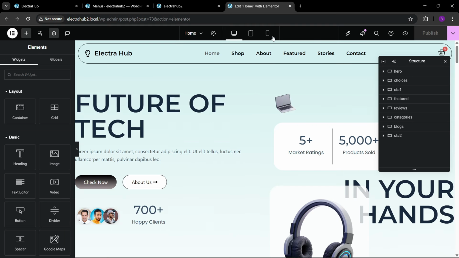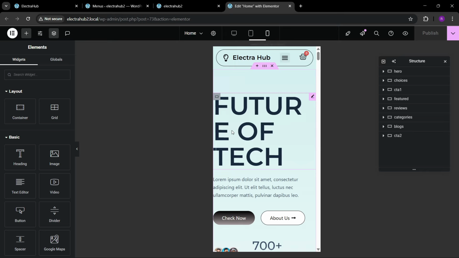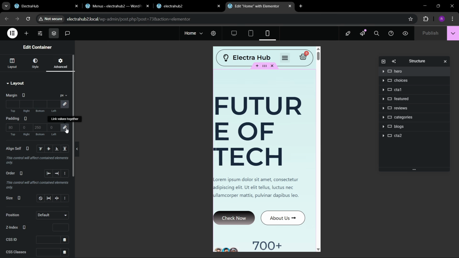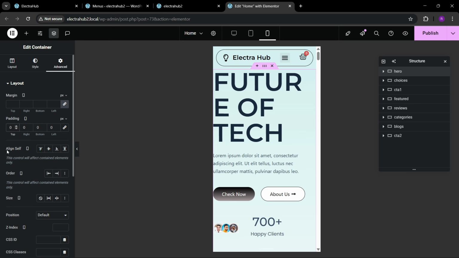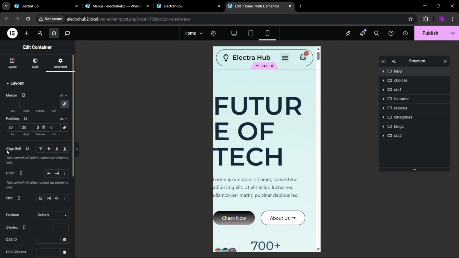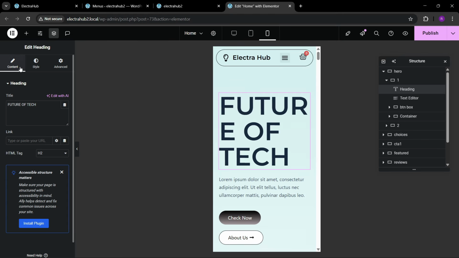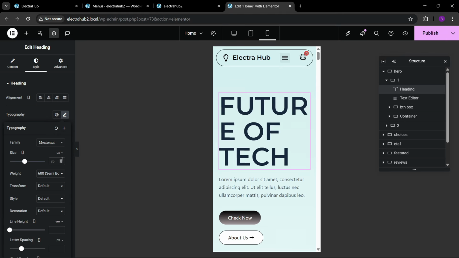Let's make this responsive. So first we have to choose this. You can see that for the mobile and tablet, all are the same, so I will show you only the mobile one, and the same you can use for the tablet. Here you can see we have the 80, 20. Here we can add 250, and this would be 20. And here you can see we have the feature. So we can just make this to,